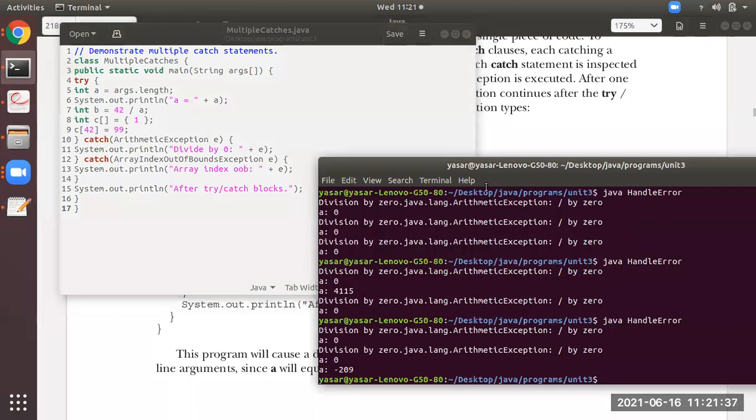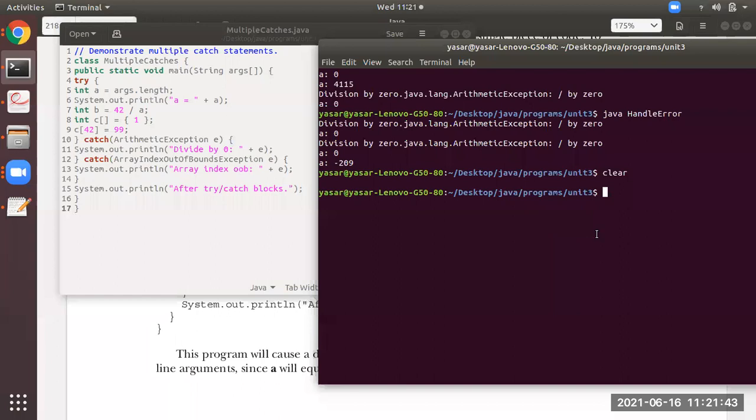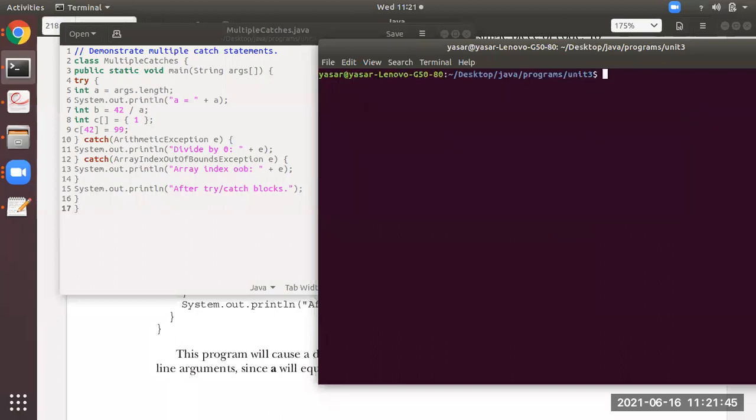Students, this is very important. I will clear the screen now, then please observe the output. What to do is first compile the program.